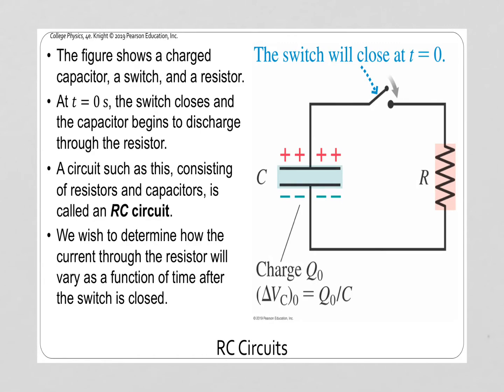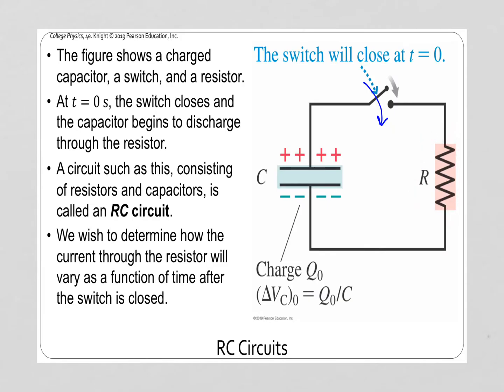Here we're looking at a circuit where we have a charged capacitor and a switch and a resistor. This switch is going to close, and when it does, it will complete the circuit. It will create a path from one capacitor plate to the other, and the capacitor will begin to discharge through